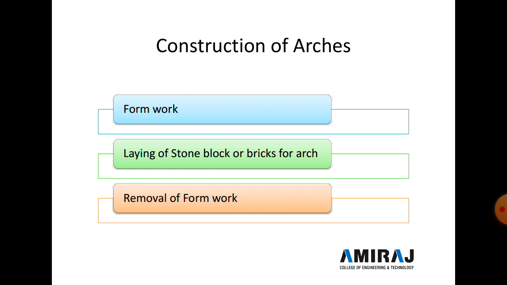Installation of the formwork is a temporary structure, and the formwork supports the material used for the arch. After gaining the required and sufficient strength, the formwork is removed. The centering or formwork is made of steel or timber, and timber centering is simple and cheap, and is probably used for moderate spans. It can be reused many times because it is simple and easy to install and dismantle.